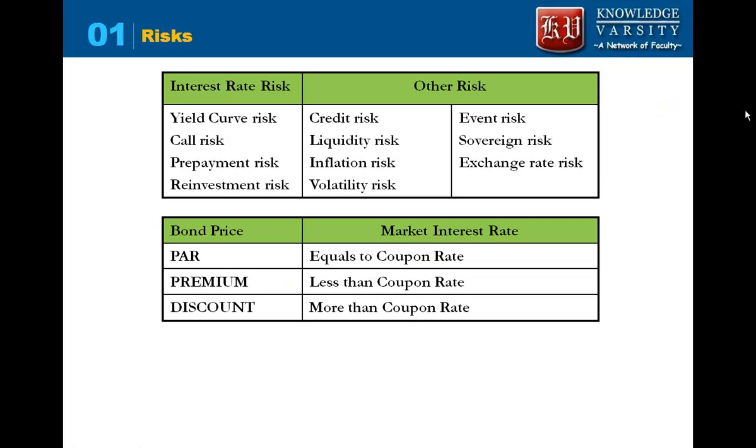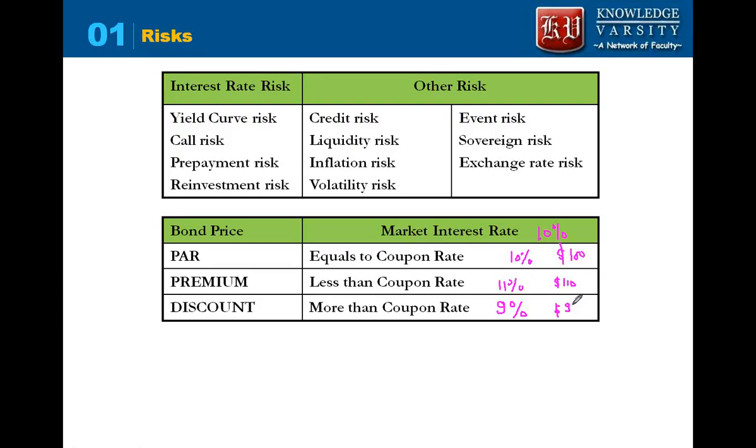So let's see by taking an example. If the market rate is, let's say, 10%, and the coupon is 10%, the bond will be at par. If the coupon is 11%, the bond will be trading at a premium. If the coupon is 9%, the bond will be trading at a discount, because the coupon cannot be changed. So as a result, the price will change. Here the price will be $100, here let's say the price is $110, and here let's say the price is $90.